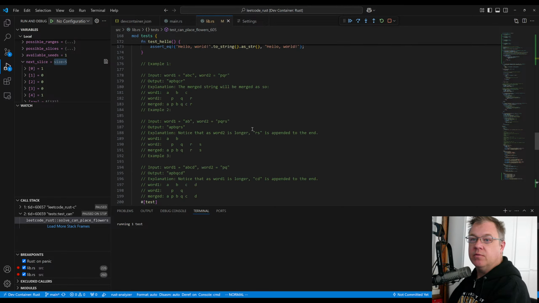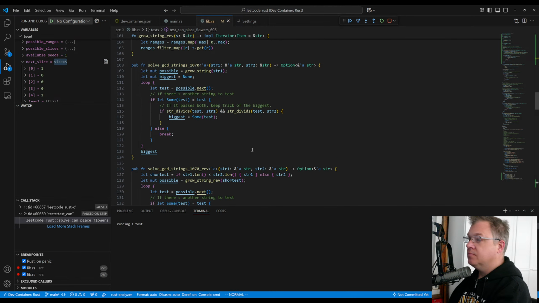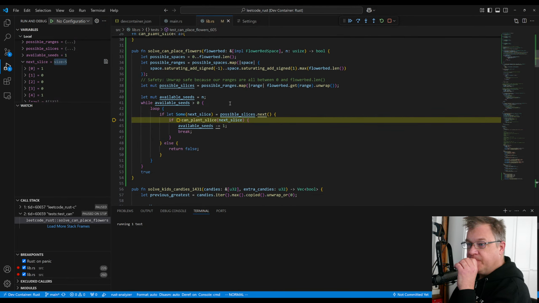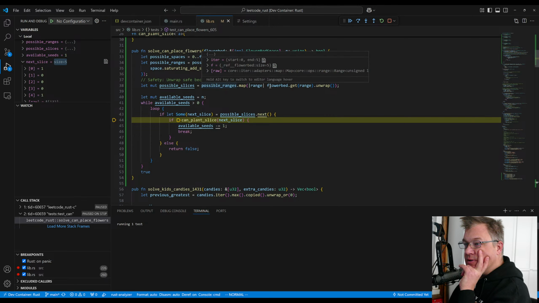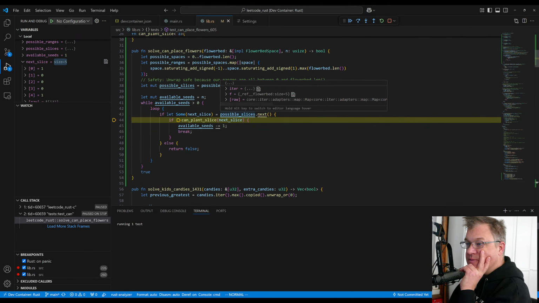Yeah, we're getting the whole slice. There we go. So we're in from one back to one forward. Spaces, spaces. So possible slices. We're always going to get something there. Our possible slices dot next is going to get the first range.